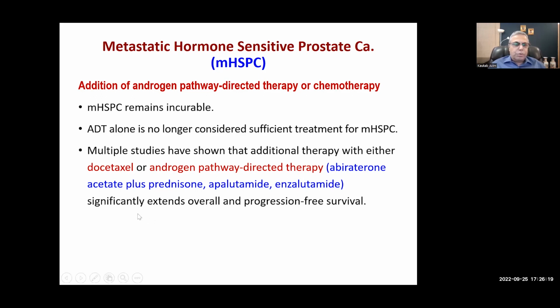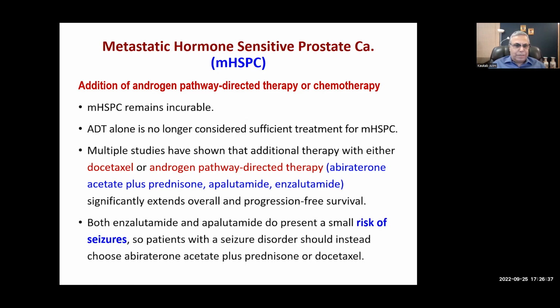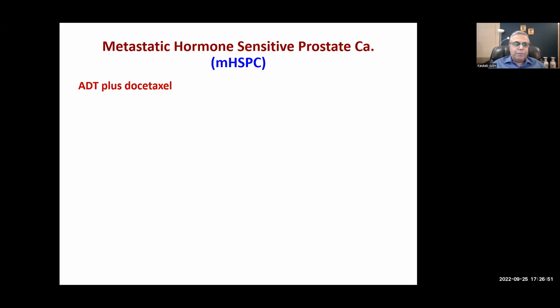Okay, so if you combine androgen deprivation therapy, which includes orchiectomy or the GnRH agonist or antagonist, it's better to combine either docetaxel or abiraterone, prednisone, or all three drugs. It depends upon the team that is treating you. Enzalutamide and apalutamide may increase the risk of seizures, so you don't give them to patients who are epileptics or who are at risk of developing seizures. Okay, now